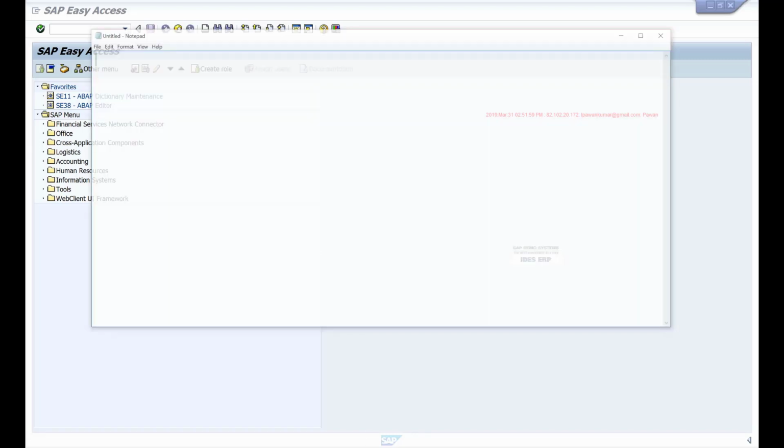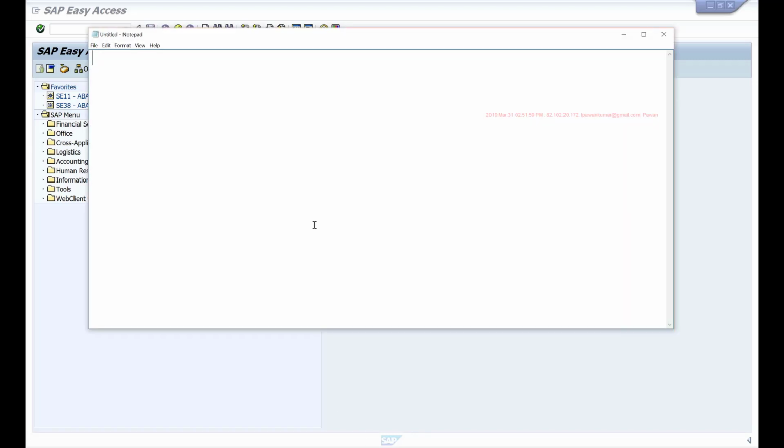There are different types of enhancements available in SAP. We have user exits, customer exits, BAdIs, enhancement points, and BTEs.